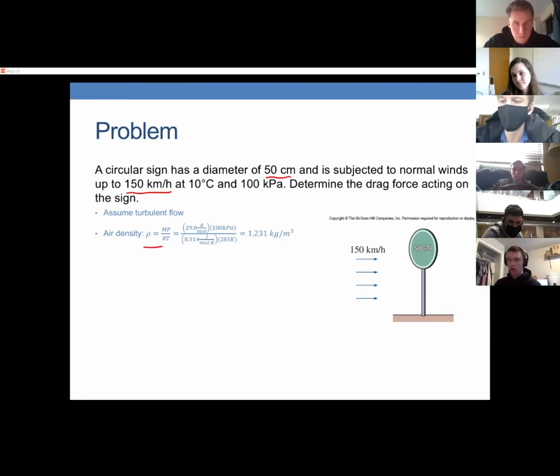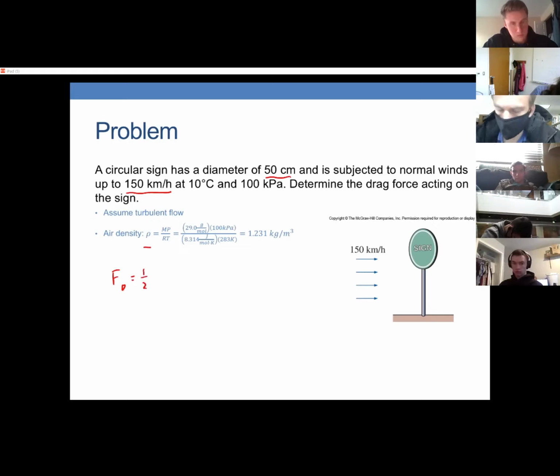Don't we need to find the delta pressure for the sign? Okay, so we could do that, but that would be hard, right? The whole point of this is that we can take a shortcut and we can just use force drag equals 1/2 rho v squared A. Got the most important part,